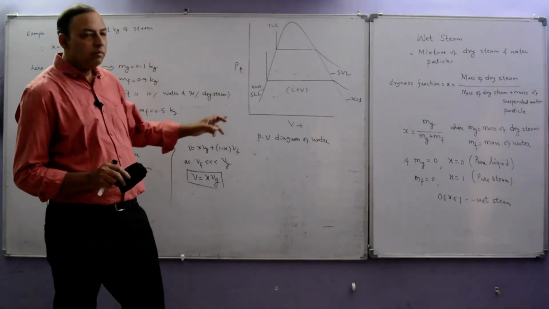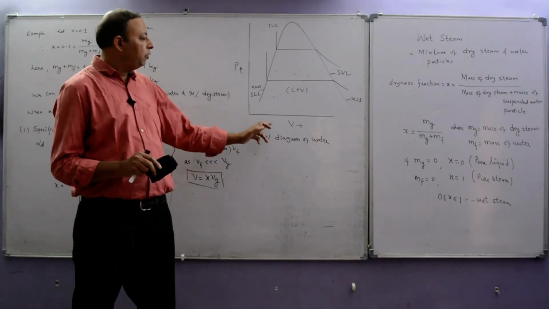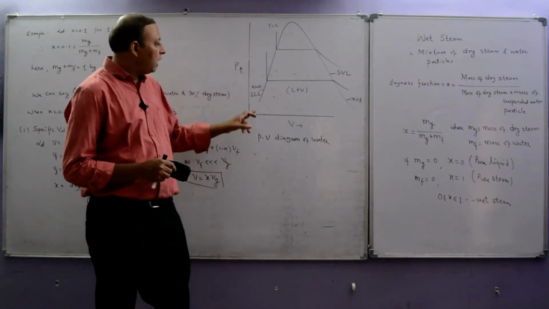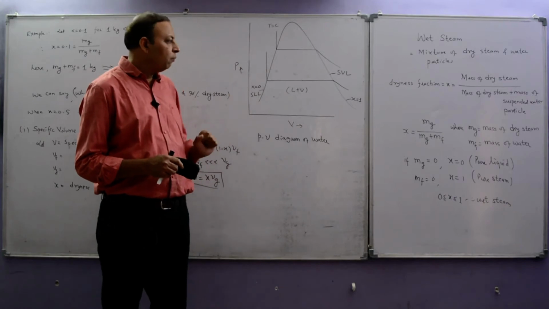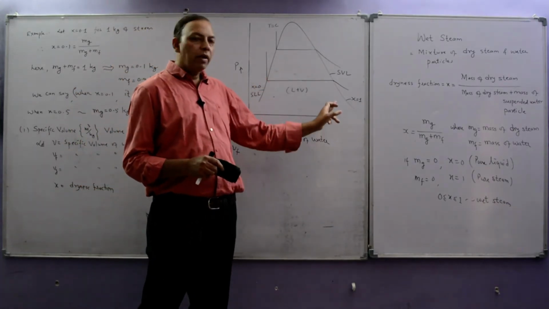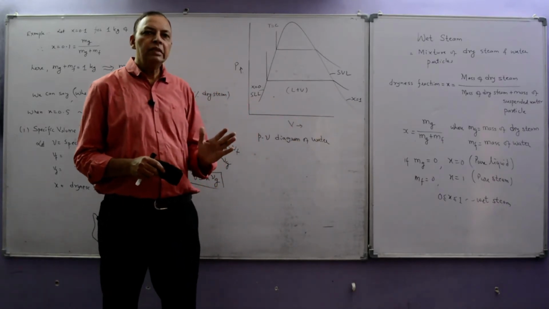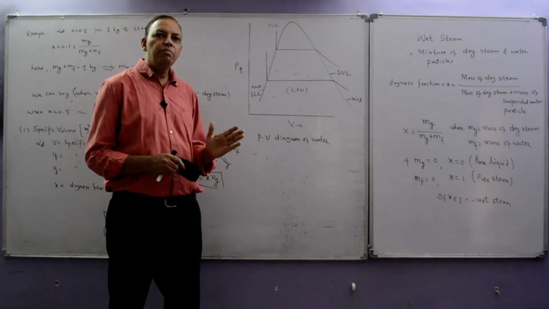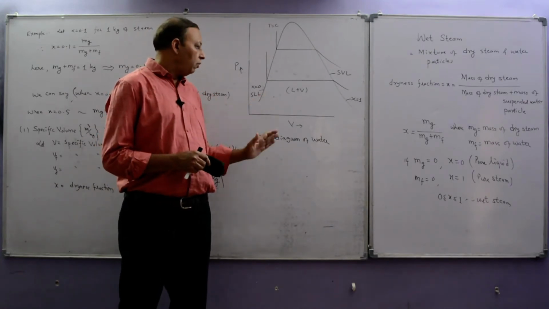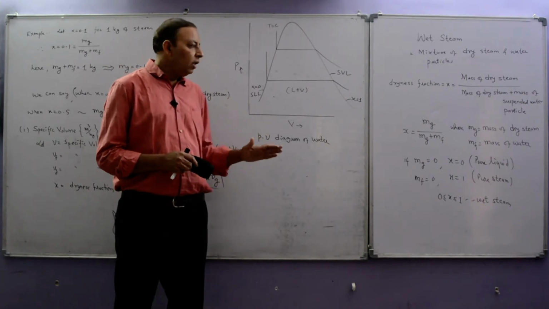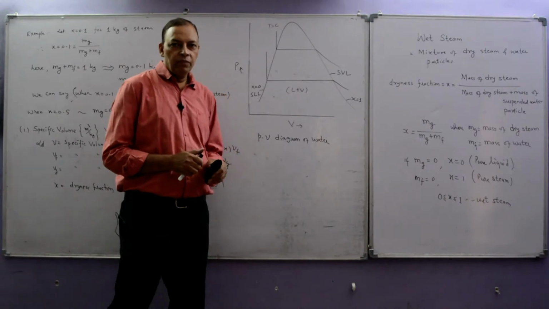Here is a diagram that we had already covered in our previous lecture. This is the pressure volume diagram of water. This line is known as the saturated liquid line, where you will always get x equal to 0. This line is the saturated vapor line, where you will always get x equal to 1. It means the value of x lies between 0 and 1, and when x is more than 0 and less than 1, that type of steam is known as wet steam.